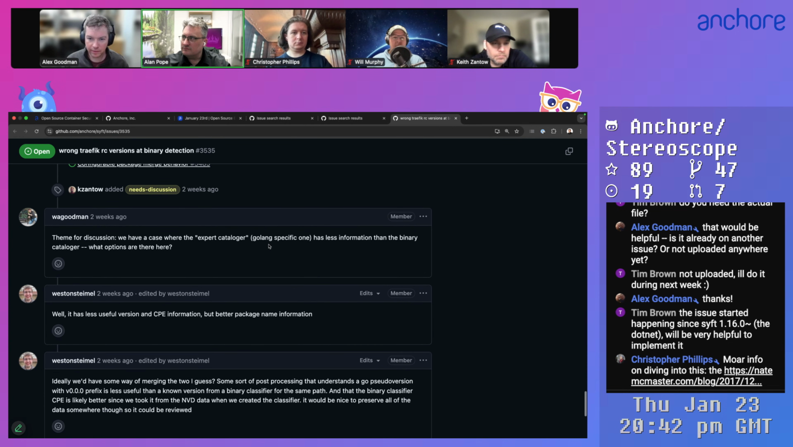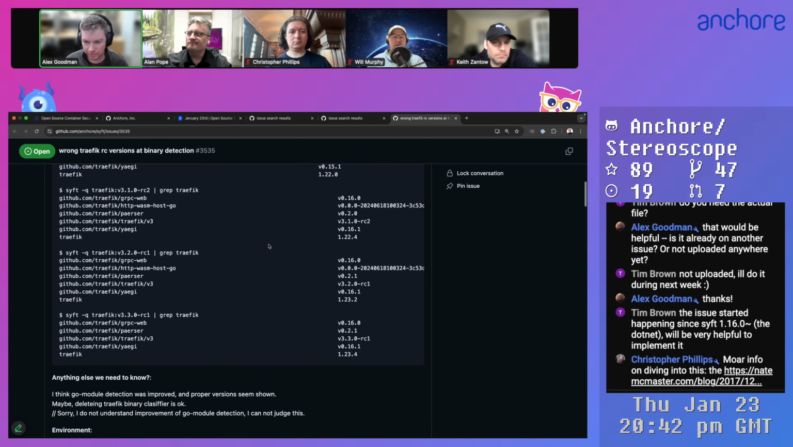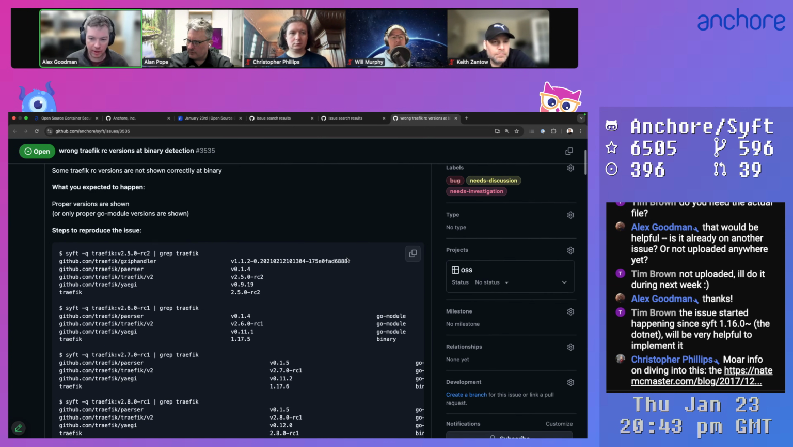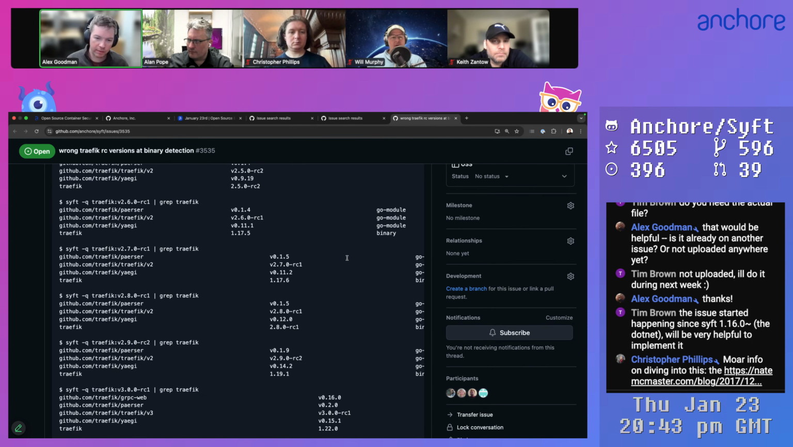Yeah, I mean, I think we came to a conclusion on this one. Oh, this is another Go one. We have a Go cataloger that mismatches what the binary cataloger would say, but we have a binary classifier configured. So we want to be able to intelligently dedupe these. And I believe, correct me if I'm wrong, anybody, but the conclusion was